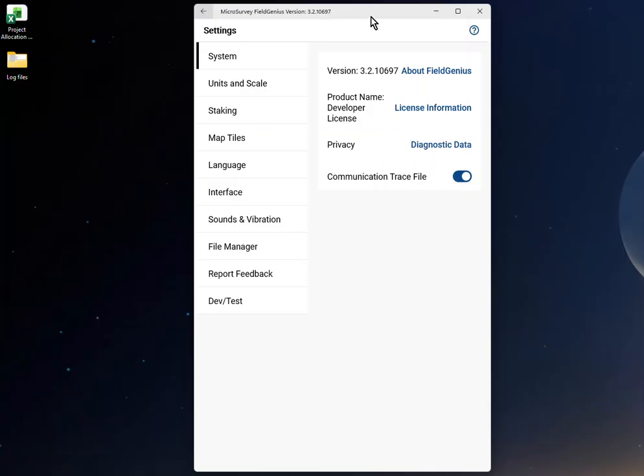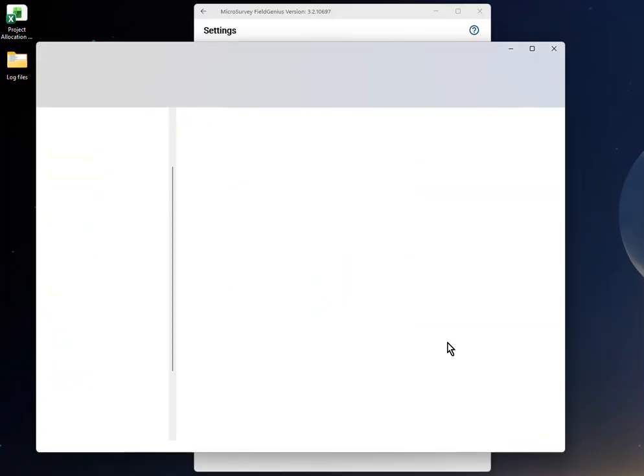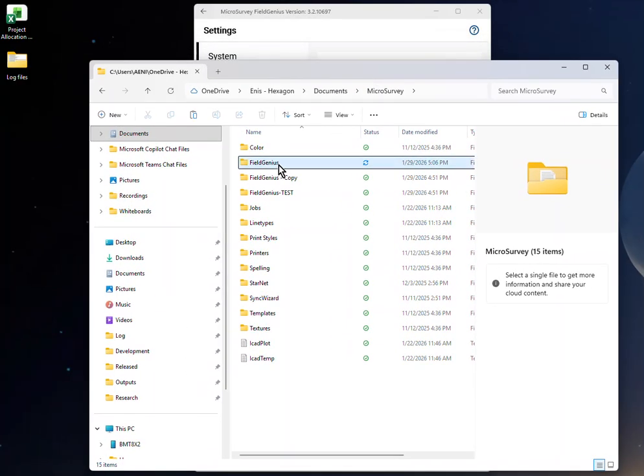Before we start this test, I encourage everyone to navigate themselves to the Systems menu under the Settings tab and find the Communication Trace File option and enable it. This will help us later on with the creation of a trace file which can be used by our development team. To find this trace file, simply navigate yourself to the FieldGenius